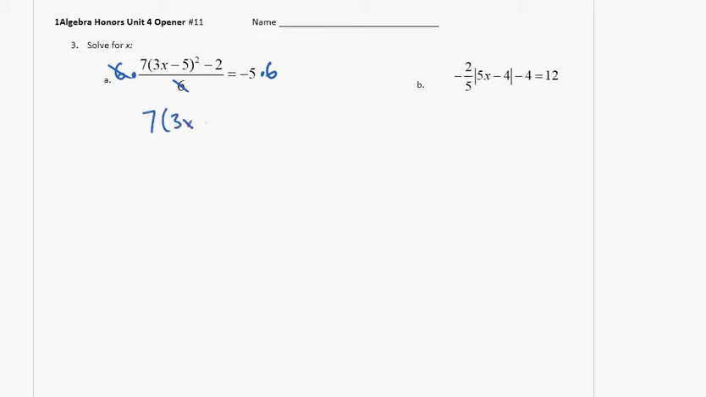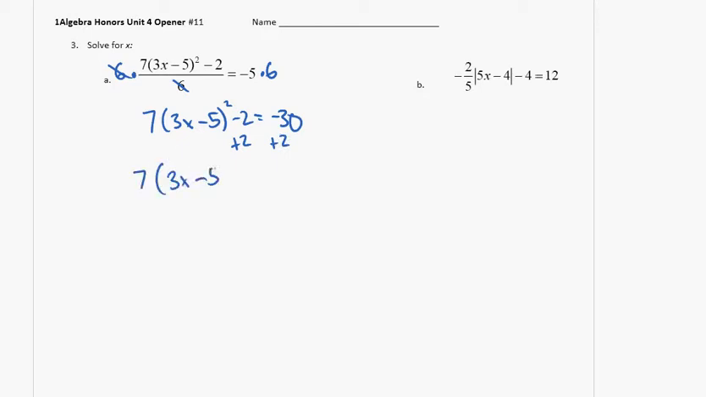As we discussed in some of the previous videos, 8, 9, and 10, our goal is going to be to isolate the squared quantity, in this case 3x minus 5, and then we'll square root both sides, and then we'll solve from there. So the goal here is to strip away all of these other parts until the 3x minus 5 squared is by itself. So next I'll just add 2 to both sides, and that'll leave me with 7 times